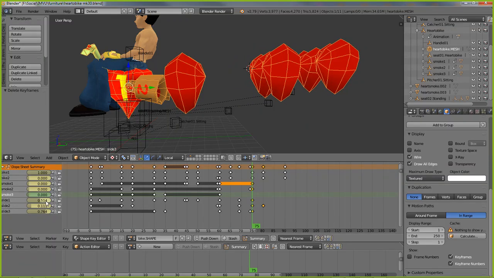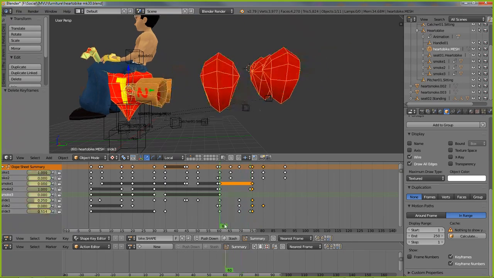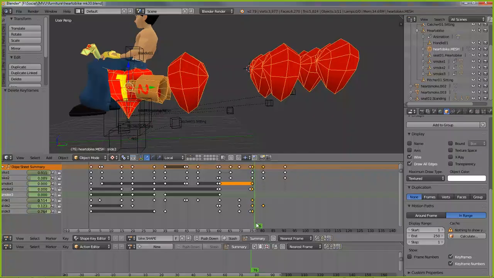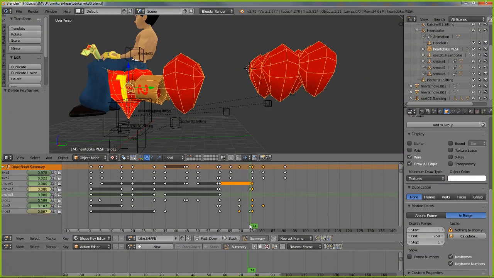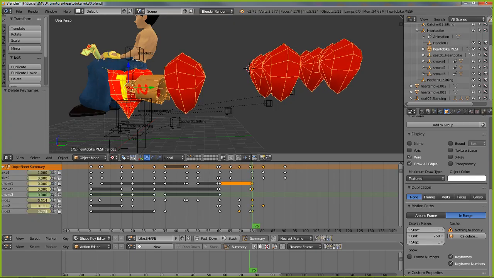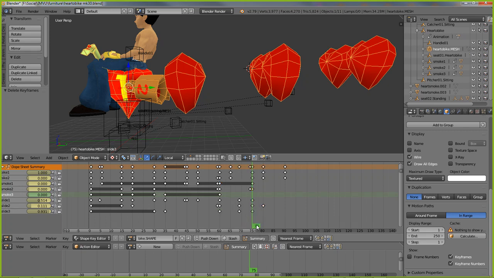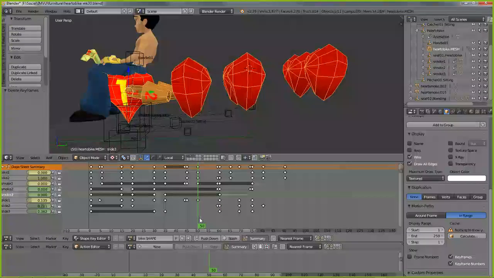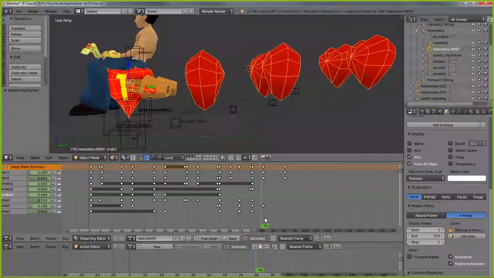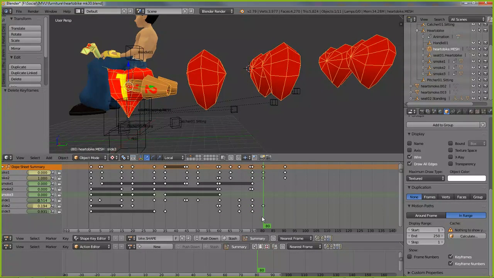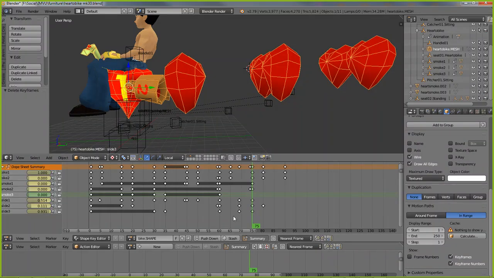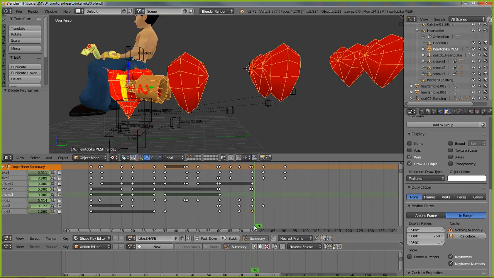It's 1 and 3. So get rid of that keyframe that's there, that shouldn't be there. So that's the extent of the